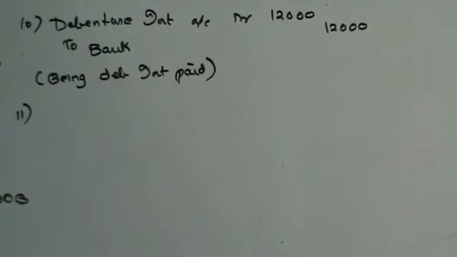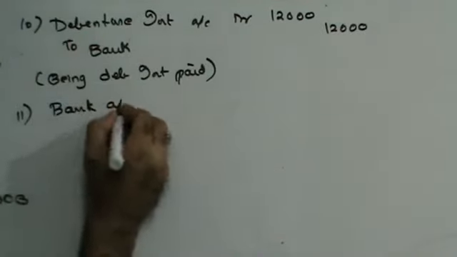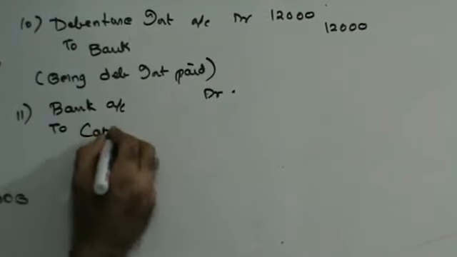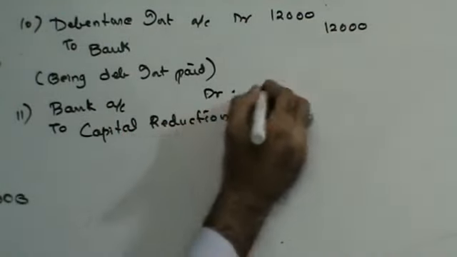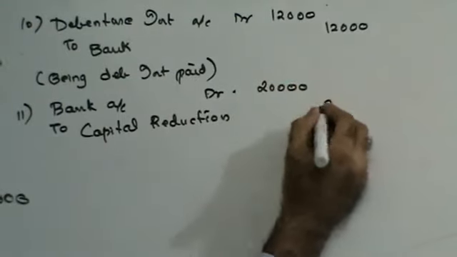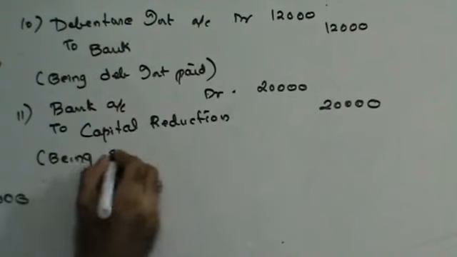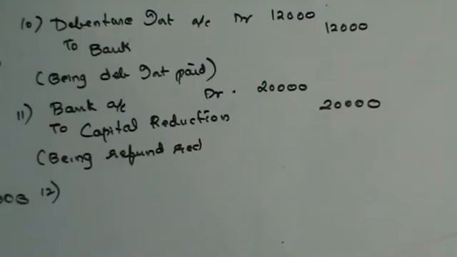Directors refund 20,000 of fees previously received by them. Refund, money is coming in. Bank account debit. Now let's see, do I have directors' fees in the balance sheet? No. So to capital reduction 20,000. Being refund received. Next,